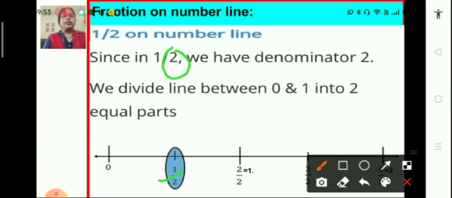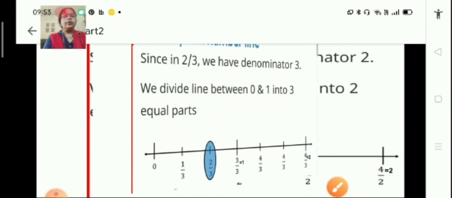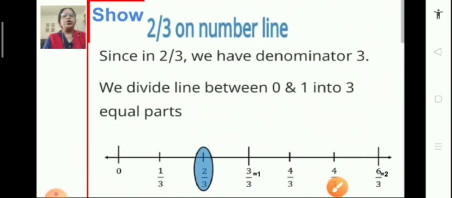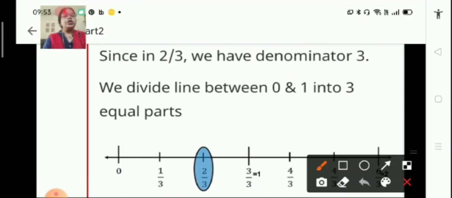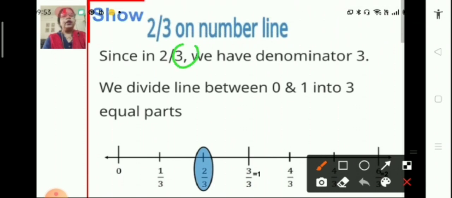Children, when we express the numbers or fractions on a number line, generally we write them below the number line. Now, how to show 2 upon 3 on a number line? In 2 upon 3, we have denominator 3. So, the number line between 0 and 1 will be divided into 3 equal parts. And the first part is 1 upon 3, second part is 2 upon 3 and third one is 3 upon